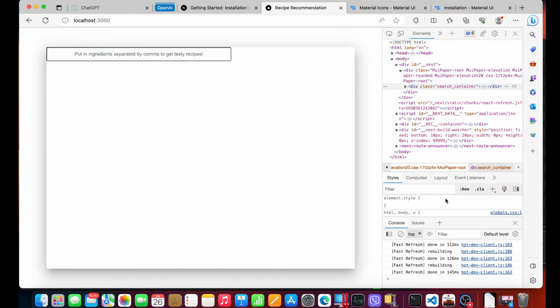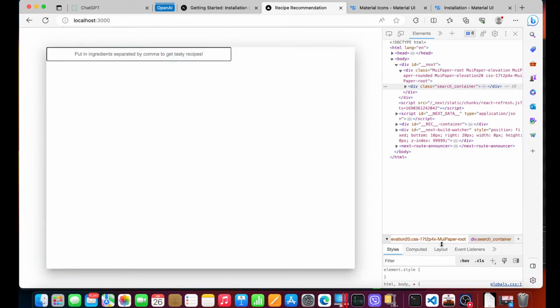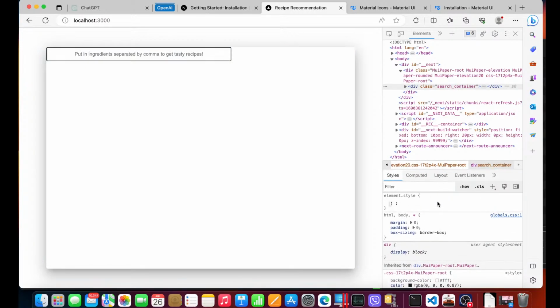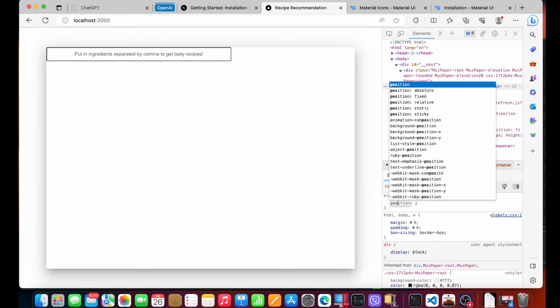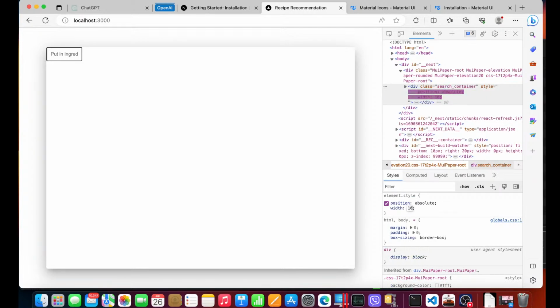So let me test it right here. Close the console, expand it a bit. Then in element style, I'm going to position it absolute, and then there we go. And width, it's going to take